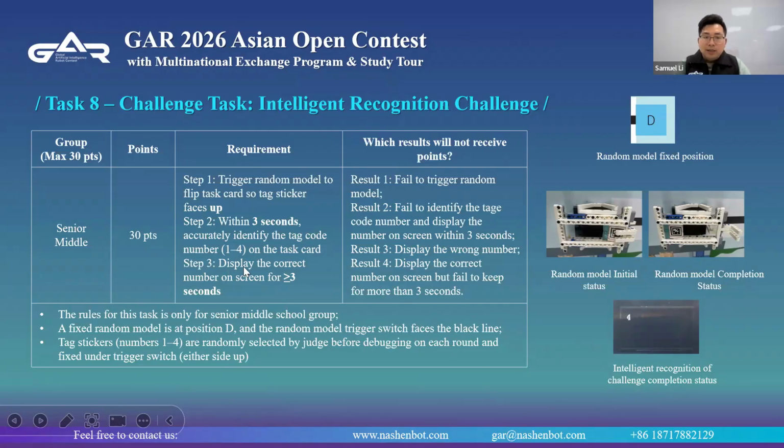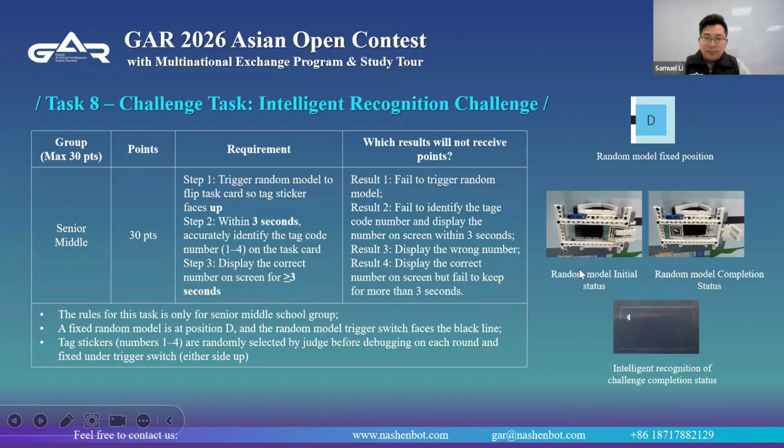Step 3: display the correct number on screen. This screen is your robot screen. You need to display the correct number on screen for more than 3 seconds. The fixed random model is at D position, the same as the previous task, and the random model trigger switch faces the black line.